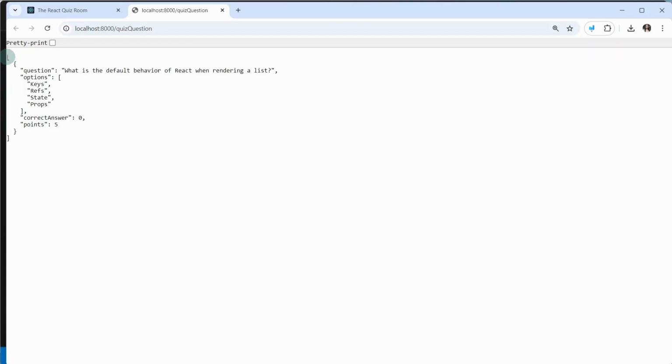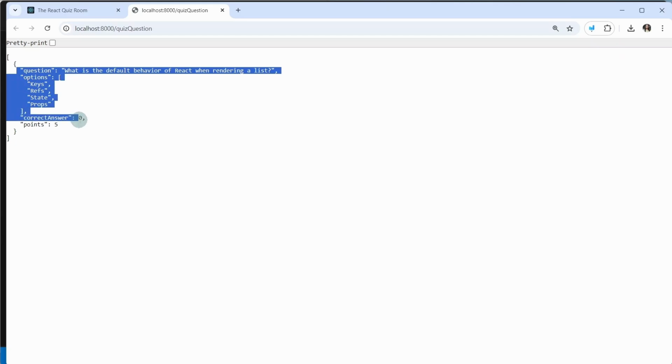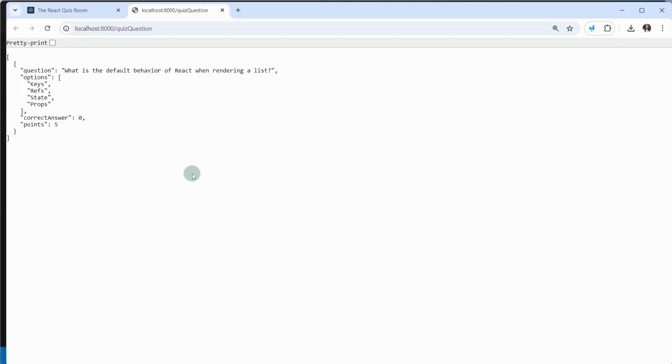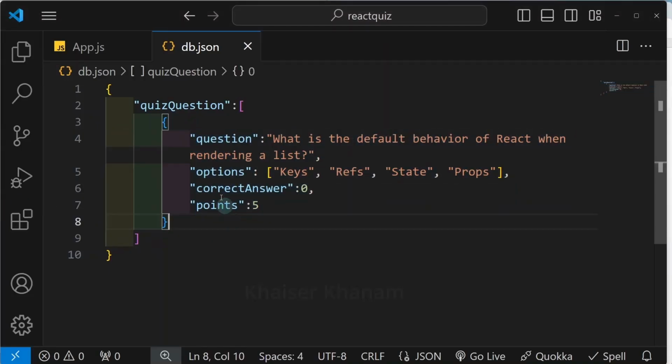So the same data is displayed inside our array. We have an object, and inside this object we have passed properties and values. So this entire data we have displayed in JSON format. Now I have already created questions, and for each and every question I have added all the options